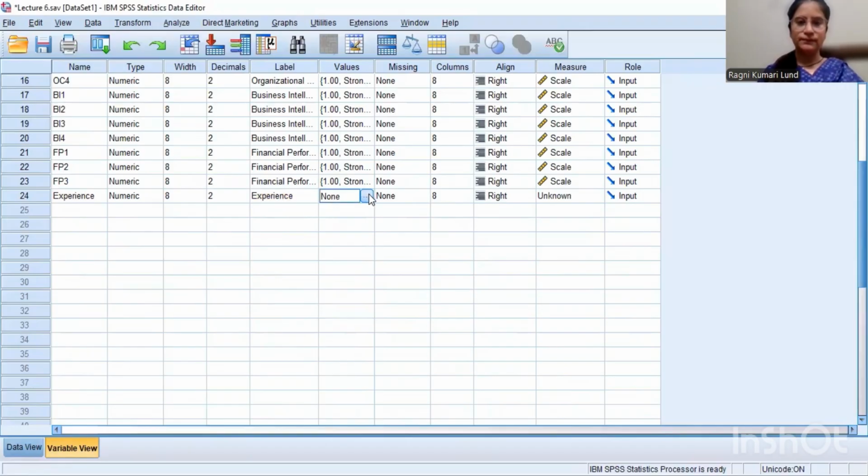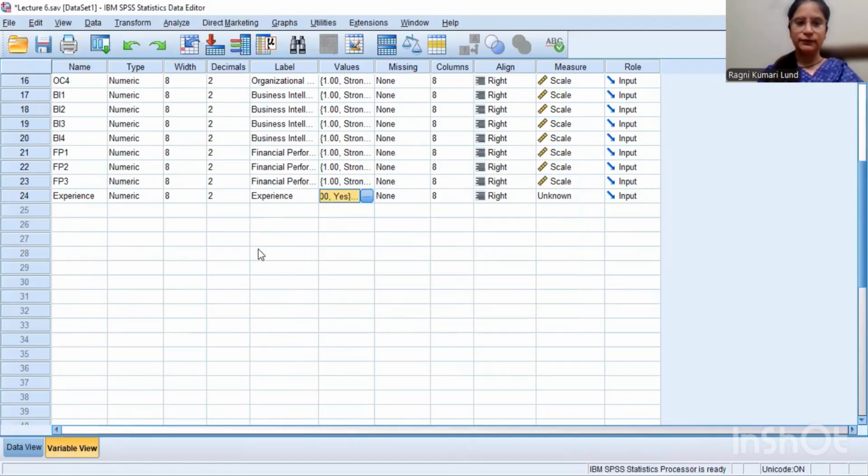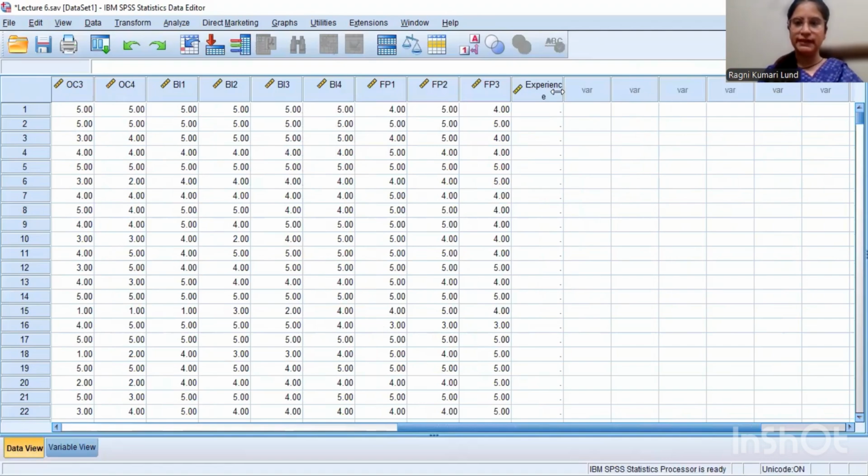In values, I am giving 1: if individuals have experience, say yes, add. If individuals do not have experience, say no, and the value is 2. So now the values are between 1 and 2. Say OK, and you can see in data view your moderator is added.